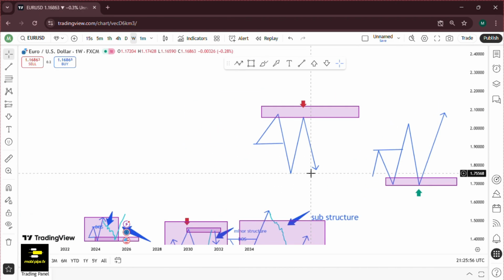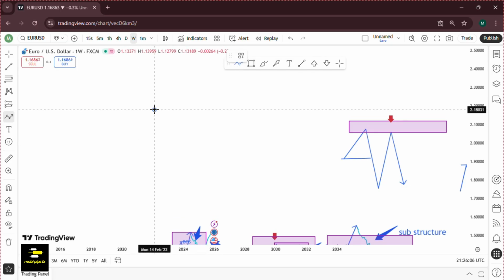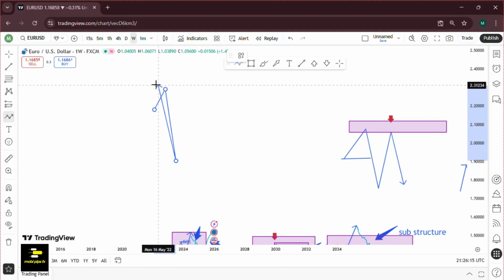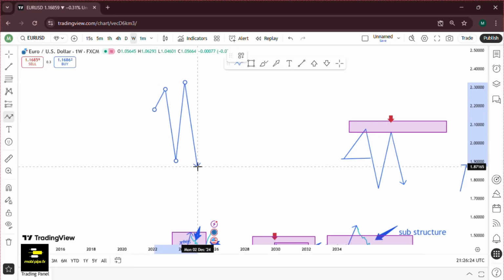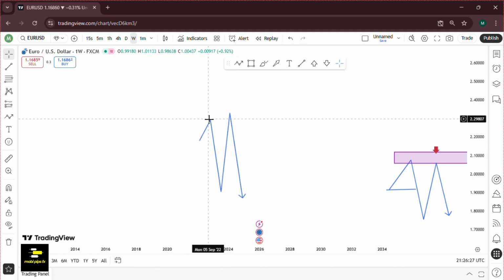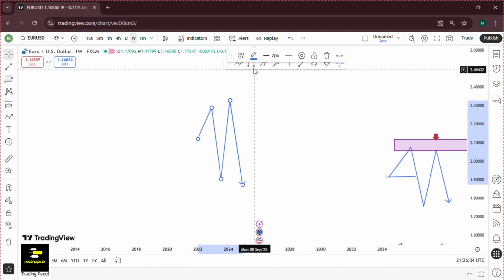However, that is 80% of the time not the case. You see, what you realize is that price gives us our swing structure, then takes out this opposite zone right here. It sweeps it out before it finally moves down. So if you were taking a trade from here, because here is my swing setup, it's my strong zone,